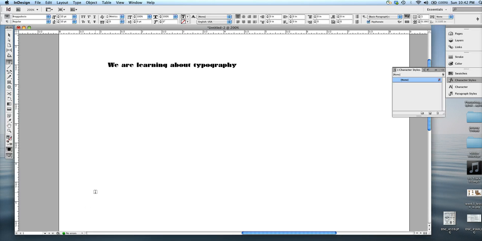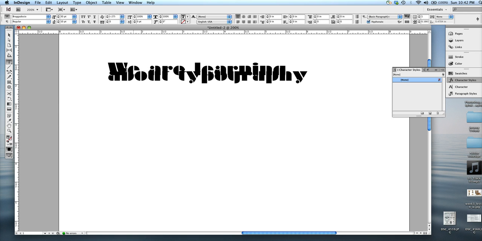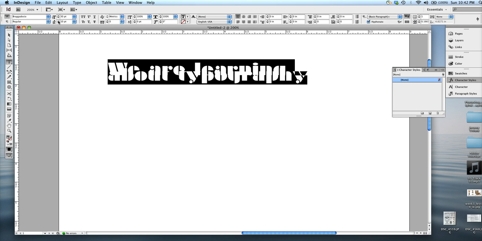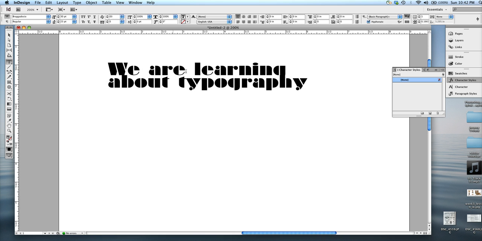So I was in the process of showing you guys a circumstance in which you would use negative leading, which means that the point size of the typeface is actually larger than the leading. So right now you've got serious overlap. But if you adjust it, what I wanted to do was get it so that it was slightly overlapping like this. And I wanted to say learning